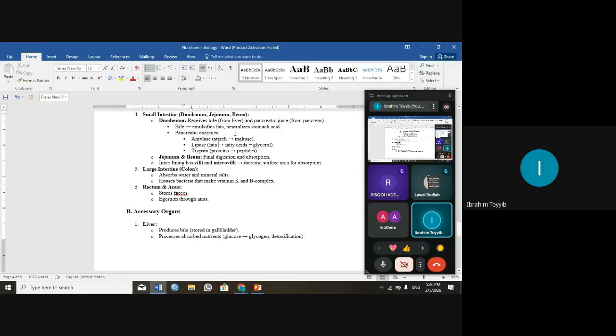That is formed from the pancreas and passed to the duodenum. What's the work of trypsin? It will break down protein to what? To peptide. So the second, and the last,